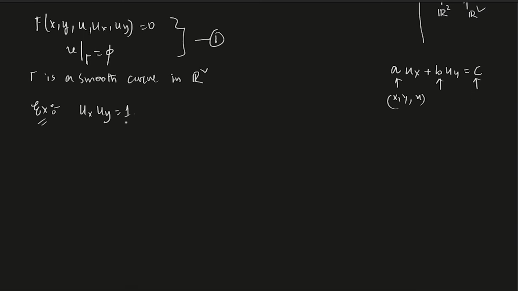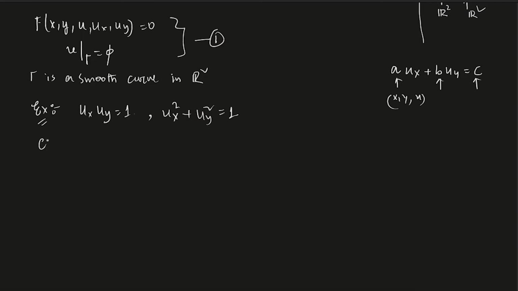Essentially, equations like this, or another equation like u_x squared plus u_y squared equals 1, also do not fall in this category, because a, b, c are functions of x, y, and u, not x, y, u, u_x, and u_y. Those are fully nonlinear equations, right? Now we want to see how to solve this sort of equation. We want to do the same sort of thing: write some characteristic equations, and write the solution of this problem.